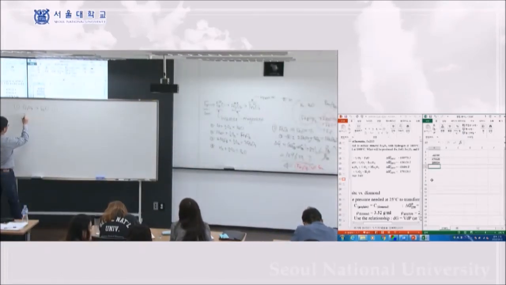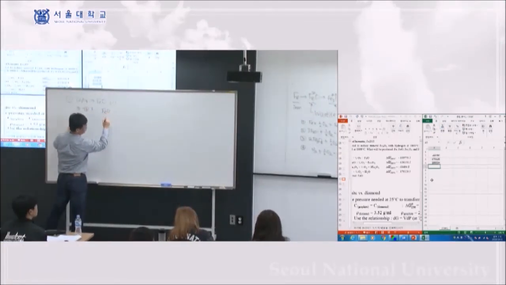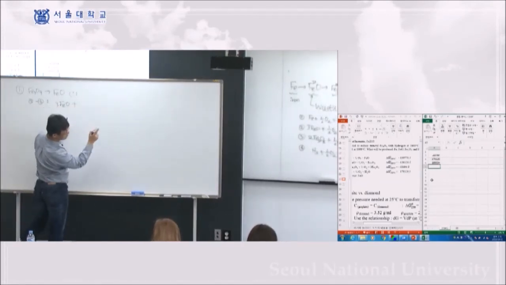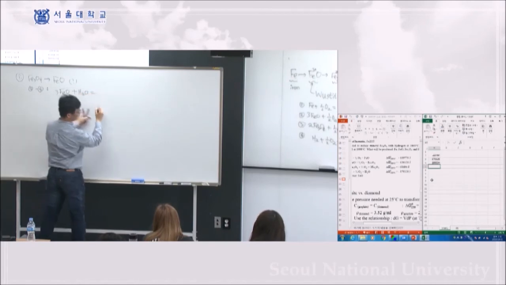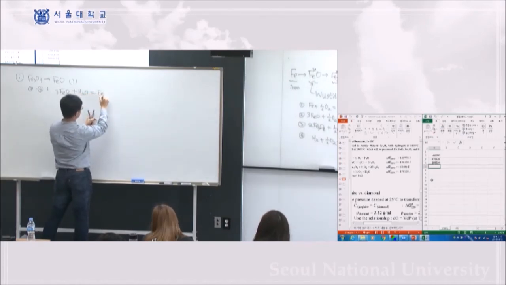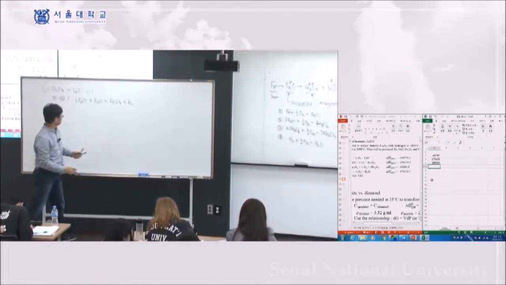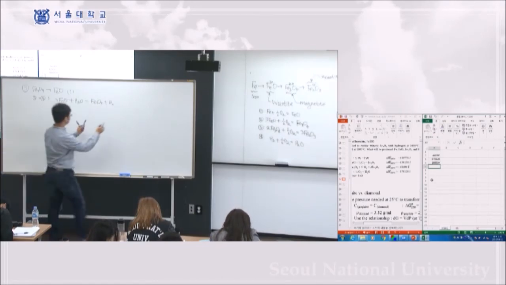So 2 minus 4 will be FeO, H2O. Yep. And this delta G naught